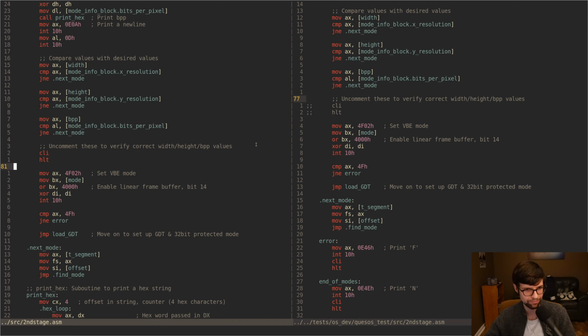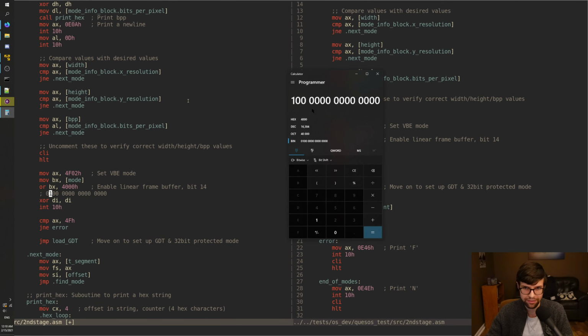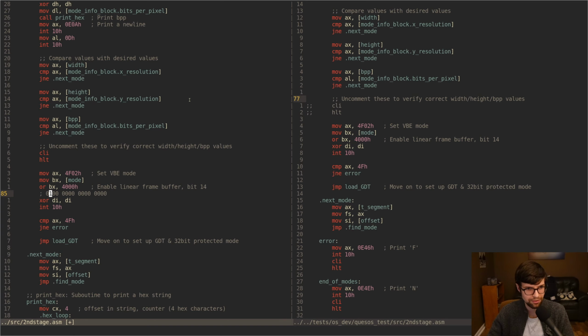So how do we do that? We use the VBE function 4F02 to set the mode, with the mode number in BX. We want to enable the linear frame buffer, which is bit 14, so 4000 in hex. So this is what I wanted to show you. 4000 in hex is bit 14. That's why I'm ORing it with 4000 in hex to set the linear frame buffer, which is bit 14, in